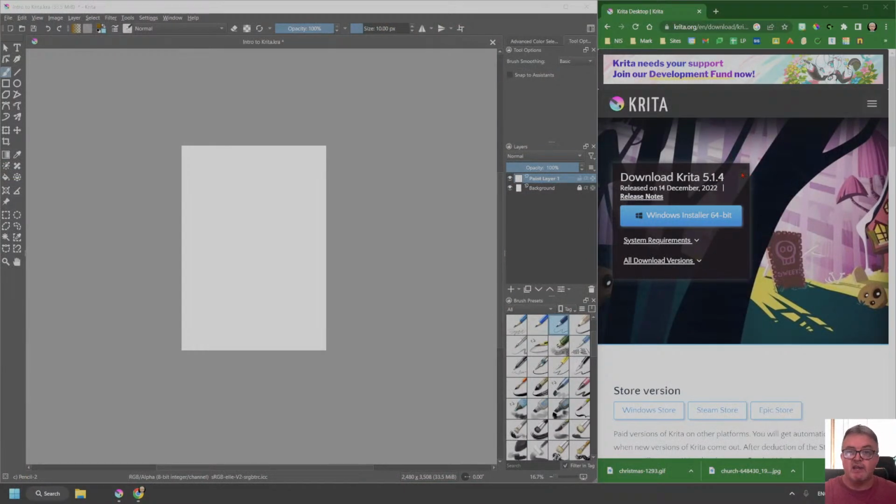Krita is a drawing tool. It's the equivalent to paint and pencil, kind of like a combination of Google Draw and Inkscape or some other drawing program out there. So the way you get started, if you want to do this before I come back,